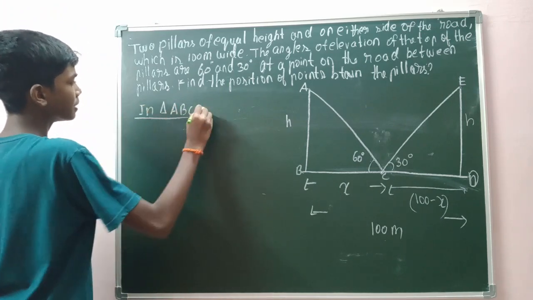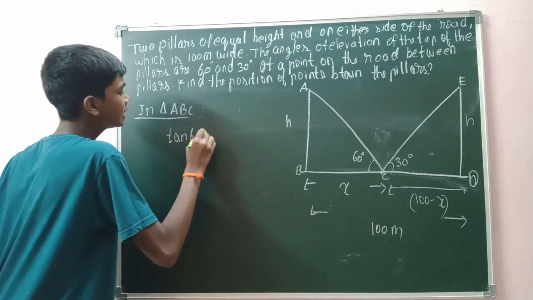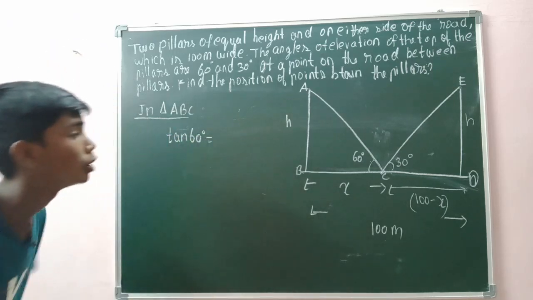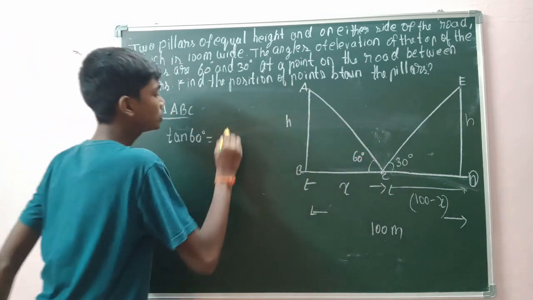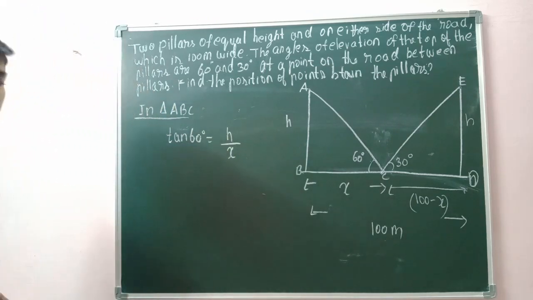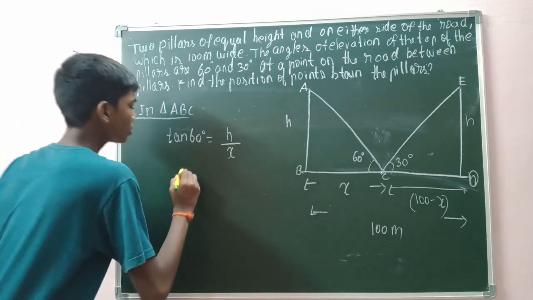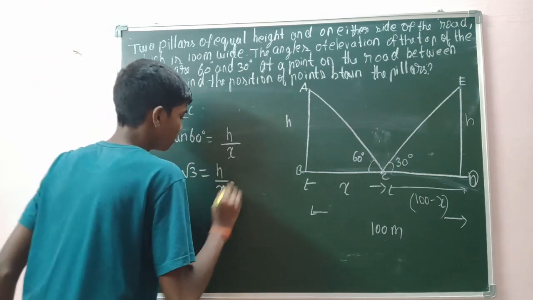In triangle ABC, I'm going to find tan of 60 degrees. Tan of 60 degrees will be the opposite of that particular angle divided by the adjacent. So opposite is h and adjacent is x. Correct or not? Now tan 60 degrees is root 3, that is equal to h by x, which implies